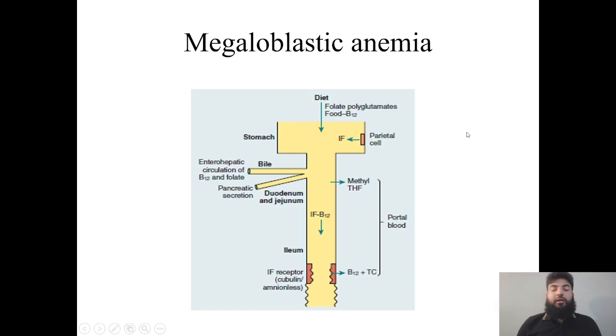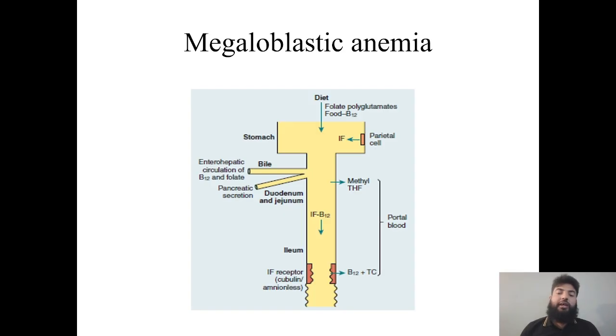So as you can see, there is a kind of cell called the parietal cell which produces a factor called intrinsic factor, and this factor combines with B12 and protects it from degradation, and it goes and is absorbed through the receptor within the ileum. So B12 combined with intrinsic factor is absorbed in the ileum, which is the